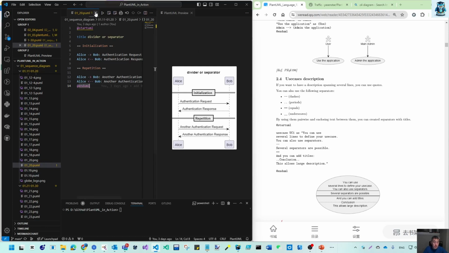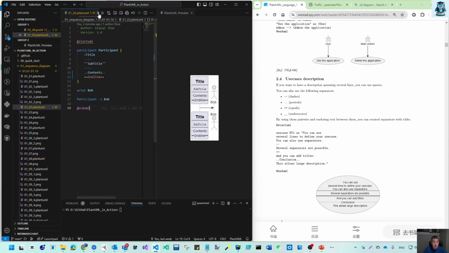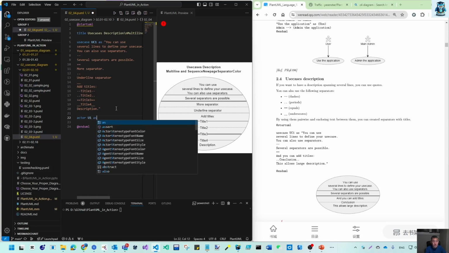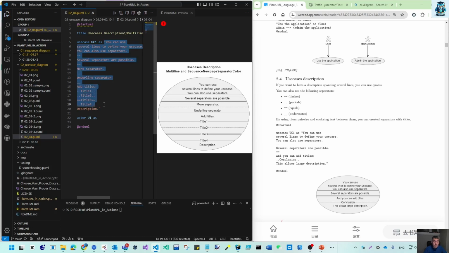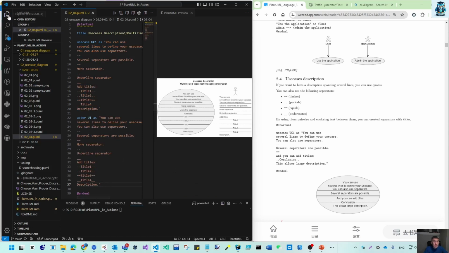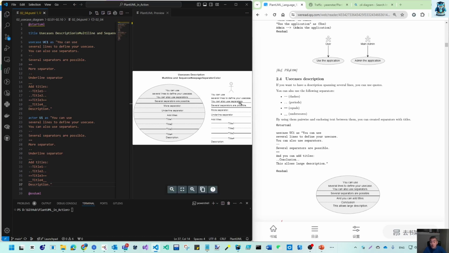So, for example, let's try this one. If I make an actor, so now I have actor, user one. If I copy this, let's see what the actor looks like. So that is the same. As long as here is the caption or string, you can use this way to show more information. But that depends on your diagram's purpose and the information you want to transfer to the stakeholder or reader. Normally you don't need such long descriptions,